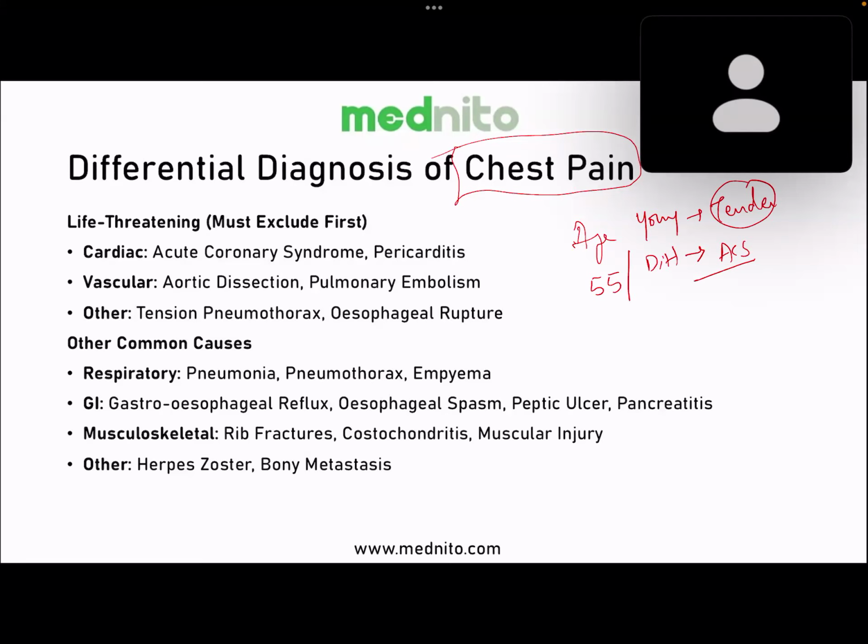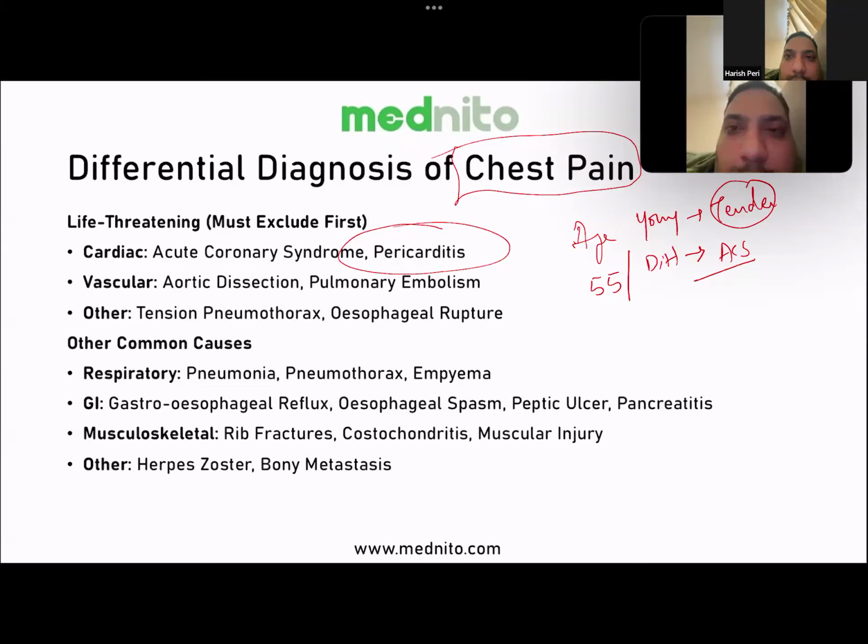The other variations of chest pain include a patient who has recently traveled and has been affected with a viral flu infection, and then the examiner tells you that the patient has chest pain which is worsening on taking deep breaths. That is pericarditis until otherwise proven. Remember, pericarditis can also present with heart failure. So the examiner can tell you that the patient has a 2 weeks history of flu followed by swelling of the legs, raised JVP. You will have to think of viral myocarditis causing heart failure.